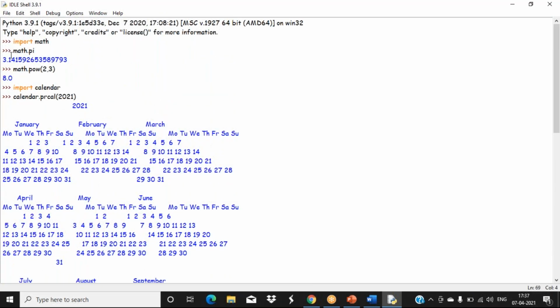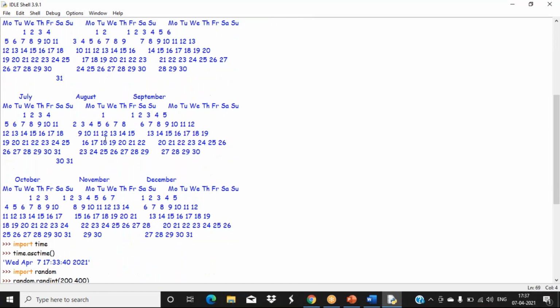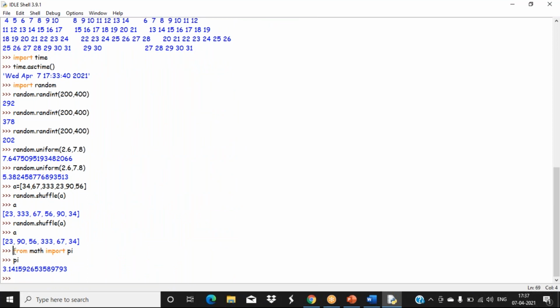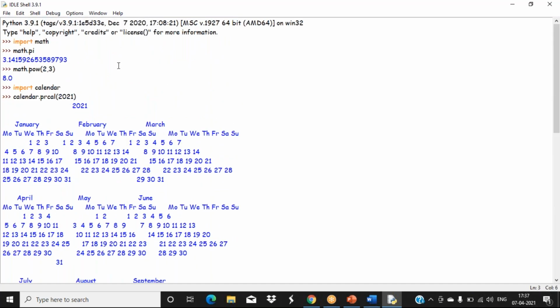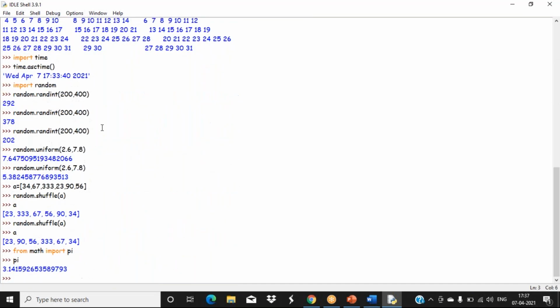Here I used math.pi, but no need now. If I use the syntax like this, you can directly use pi, the name of the variable, or whatever functions we have. These two syntaxes you should remember, because we have to continue the same thing in our other programs also. Okay, I have just briefly covered what built-in modules are there.